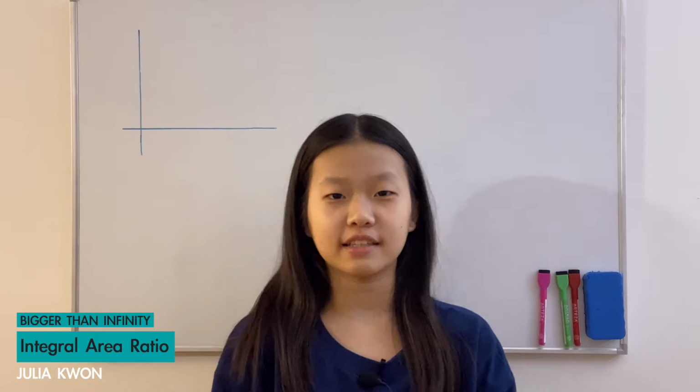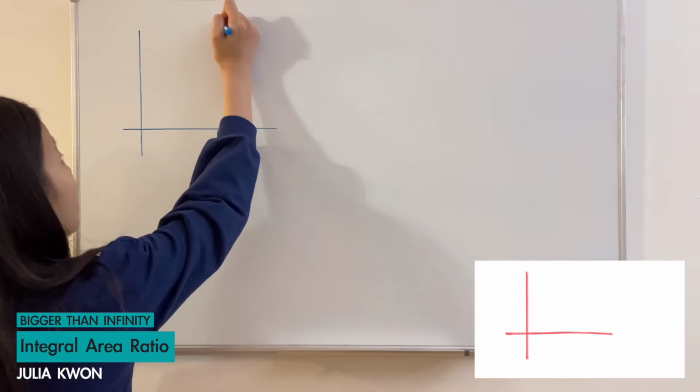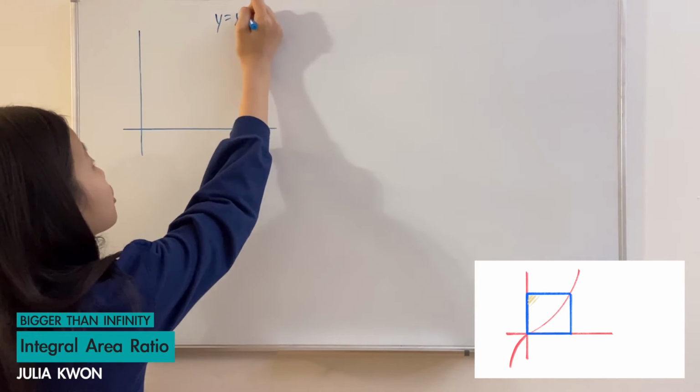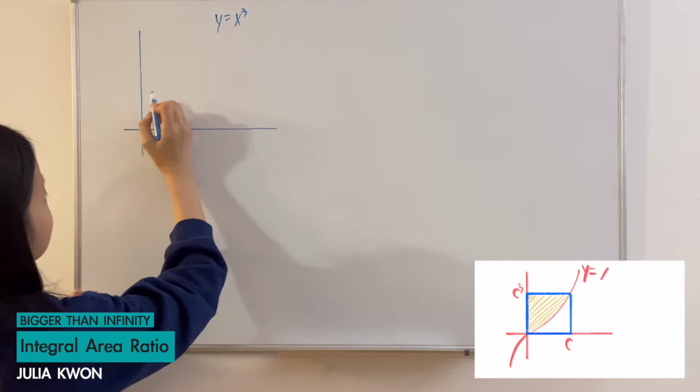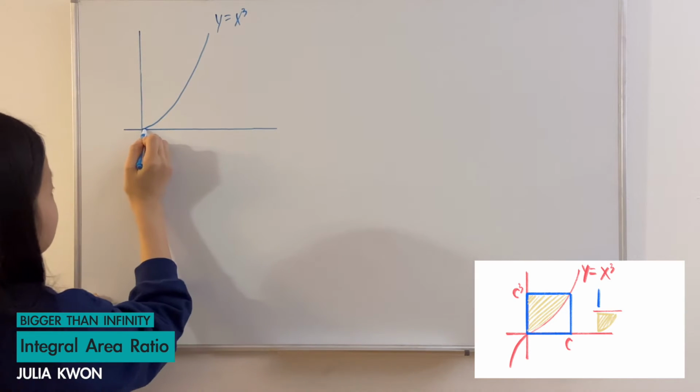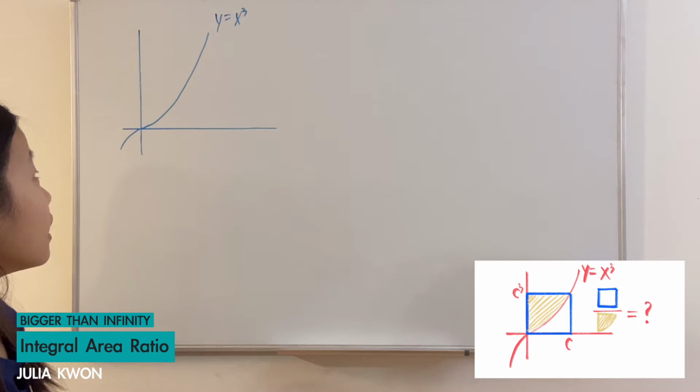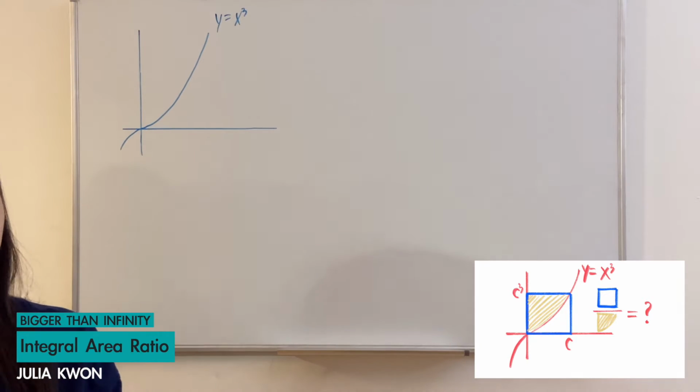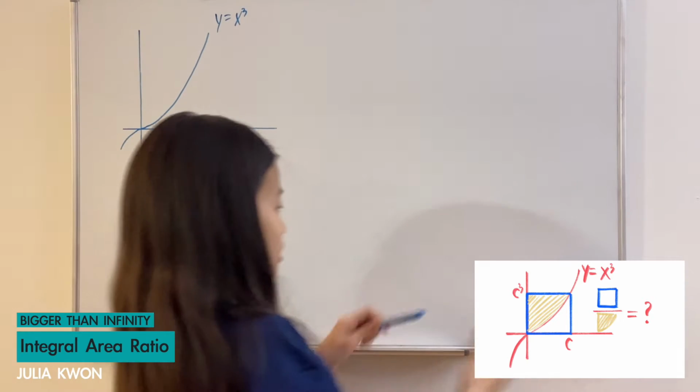Hello everyone, in this video I'm going to be using the curve y is equal to x cubed, and if I draw it, it would look something like this, right? And using y is equal to x cubed, I'm going to also draw